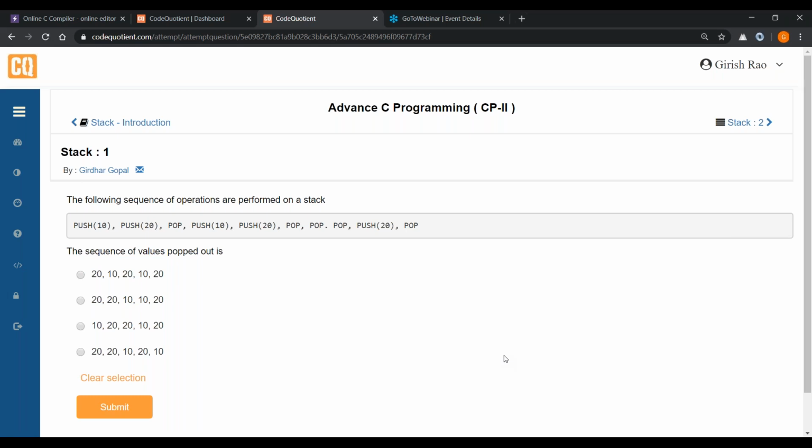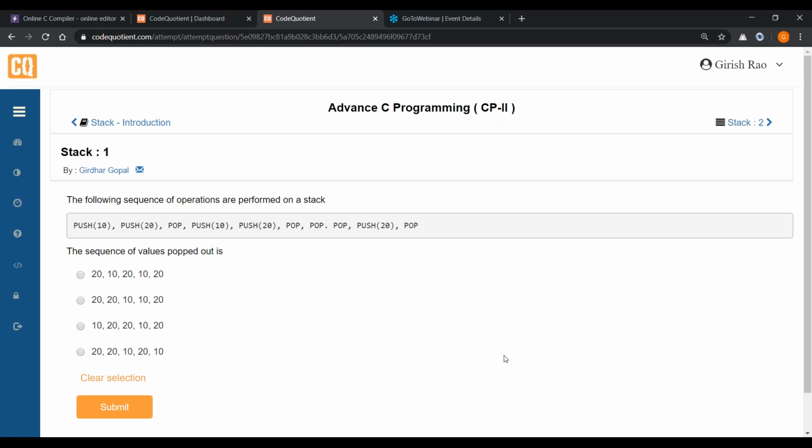Okay. Now when we say pop, what is the first element that will be removed? That will be the topmost element. What is the topmost element? 20. Okay. So 20 will be my first element, remember. But in my stack, 10 is still there because I pushed 10 and 20, then I said pop. So 10 is still there.